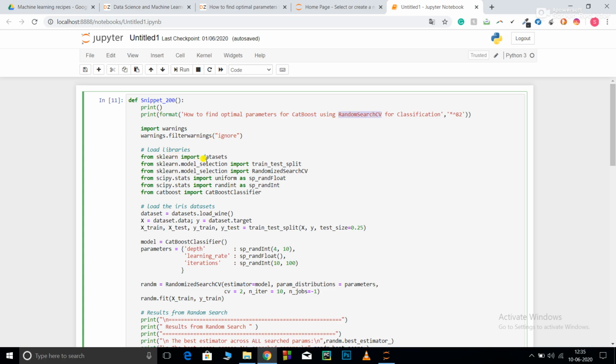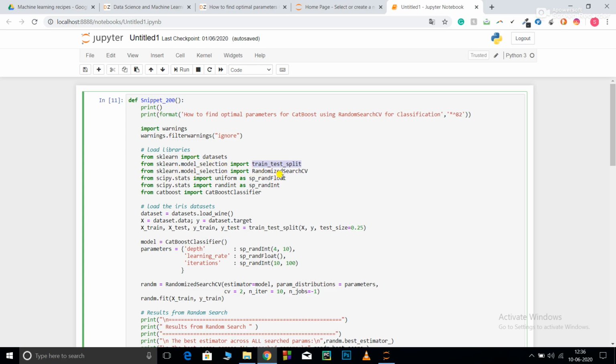From sklearn I've imported datasets. We all know that sklearn has pre-loaded datasets. I'm going to use my load wine dataset in this. Now from model selection I import train_test_split, in order to split my data into training and testing sets, so that I can train on my training set and then test the accuracy of my model using the testing dataset.